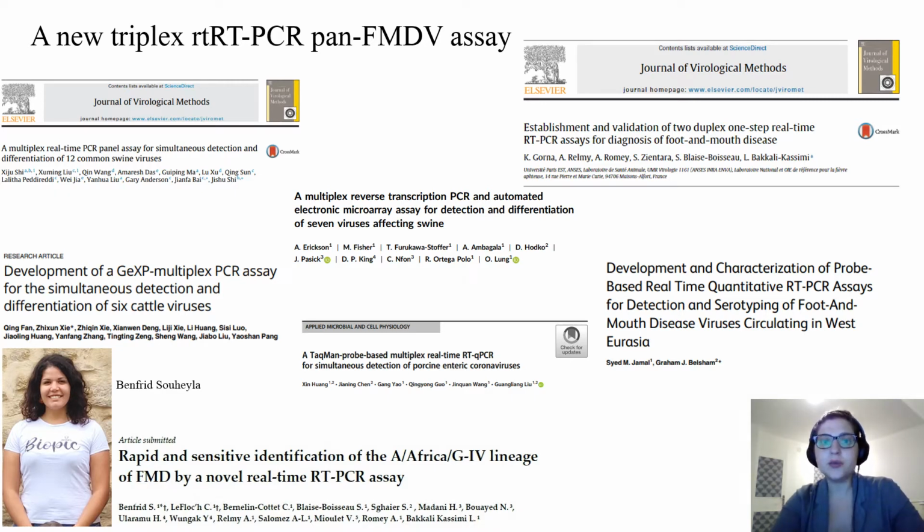In our laboratory, we are currently using a duplex to search the 3D and IRES genes, and it is therefore interesting to develop a pan-FMDV triplex in order to improve the diagnosis of FMD, especially given the risk of genetic